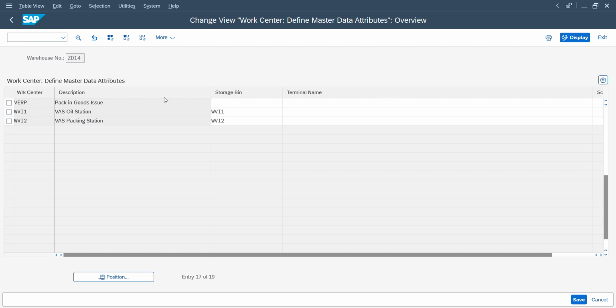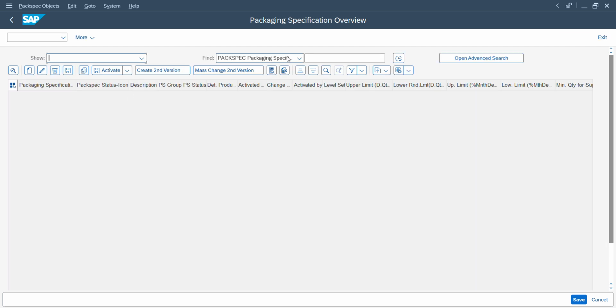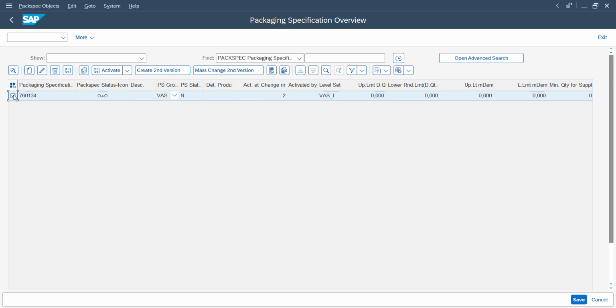To maintain the packspec, we will use the standard packspec group for VAS. I think there is one. Unless it is for kitting, there is a checkbox which you need to map. By using this in the configuration, you have mapped two level set. So by default it will default two level set, and there is a separate number range. Now, if you click on this,